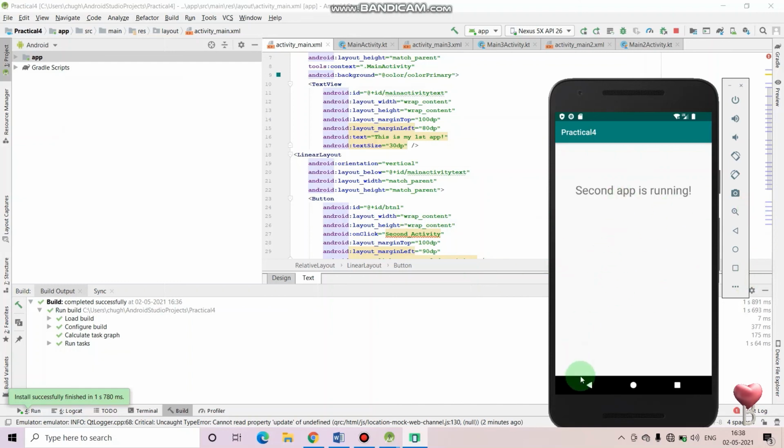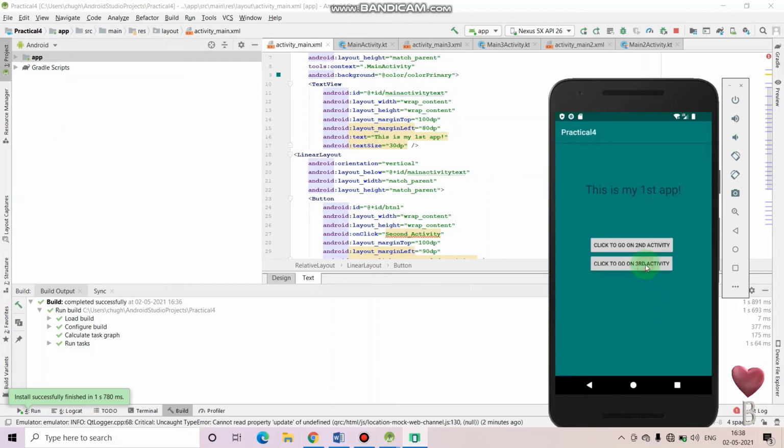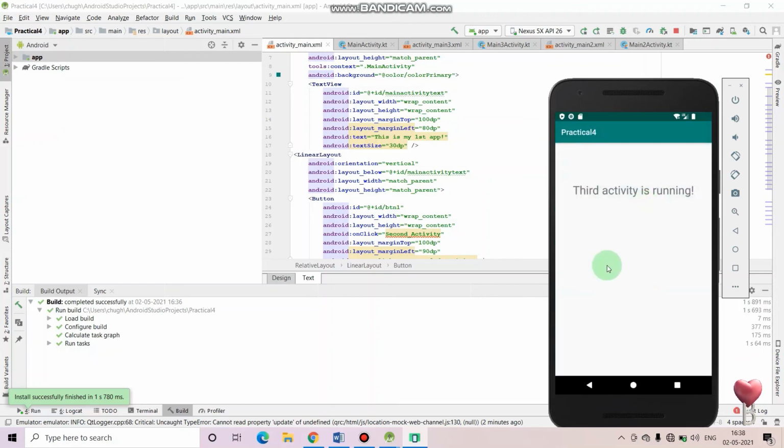And when you go into the third activity, there also you have to define both buttons, that is, add both UI elements, button 1 and button 2, to go to activity 1 and to activity 2.